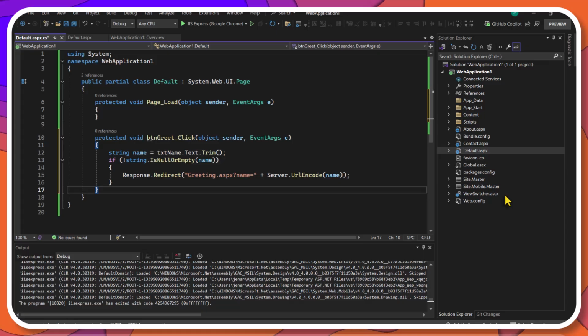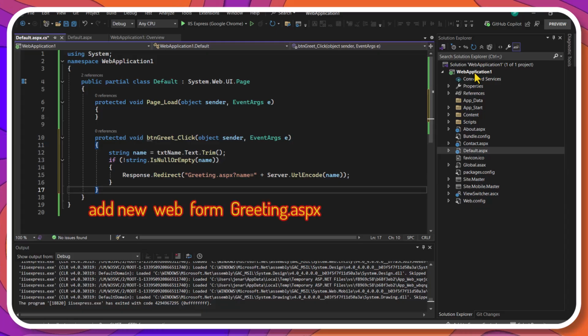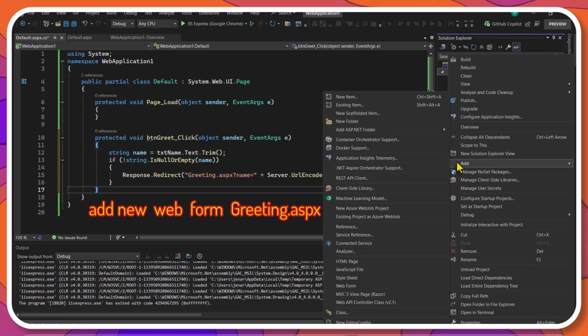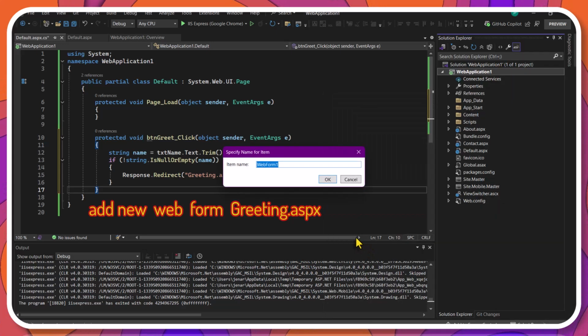The form Greeting.aspx doesn't exist, so let's create it in Solution Explorer. It must be a web form.